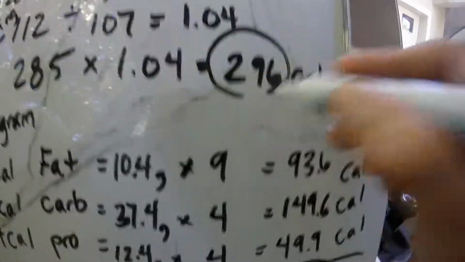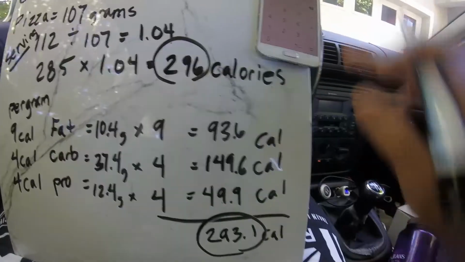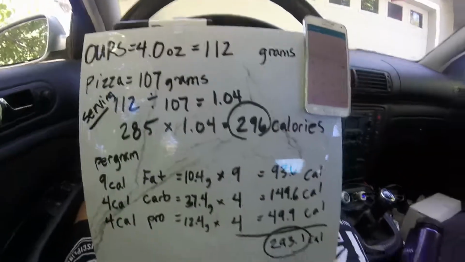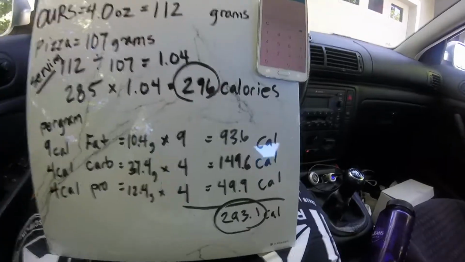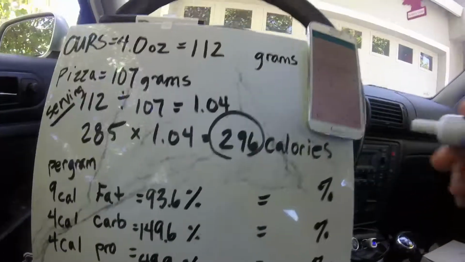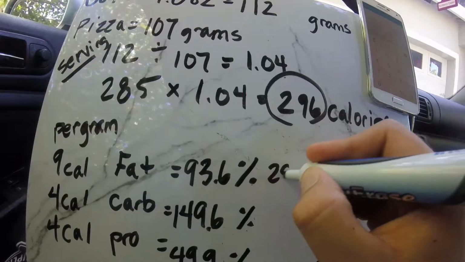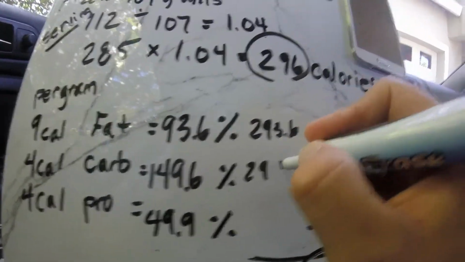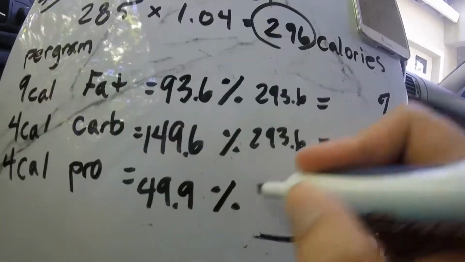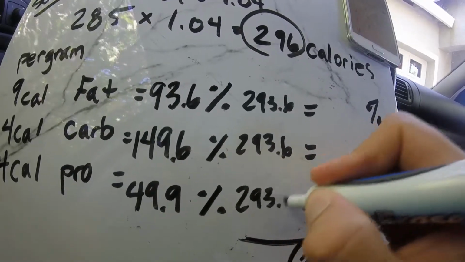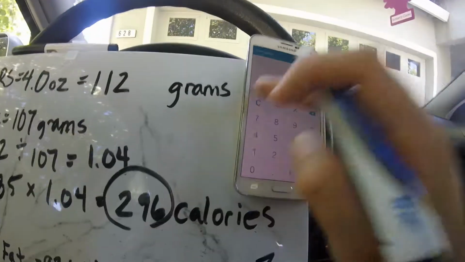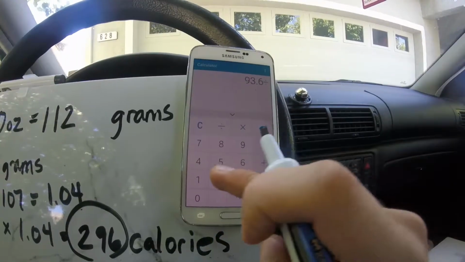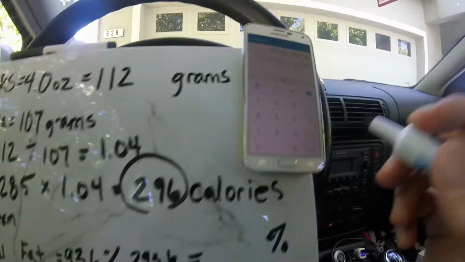Pretty close to the estimated 296. So the macro ratio calories are, I feel, more accurate, and they're a good way to conceptualize what is particularly in this food. So now we will get an even better way to think about this food by converting these to percentages, which is really easy. You take the amount of calories in each group and divide it by the overall calories. So 93.6 gets divided by